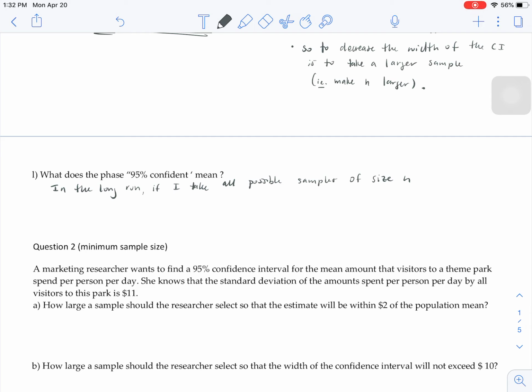So if we take all the possible samples from my population of size, say 100 for example, if that's what n is, and for each of these possible samples, compute the confidence interval. So if I compute all the possible confidence intervals,